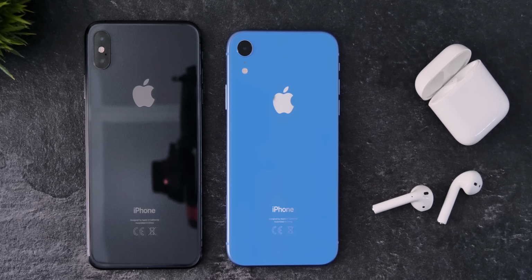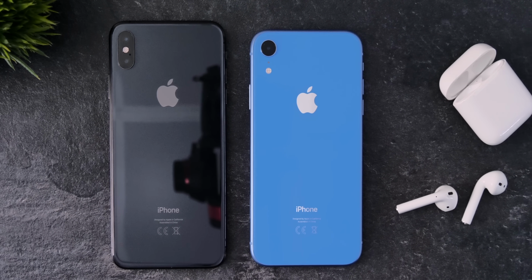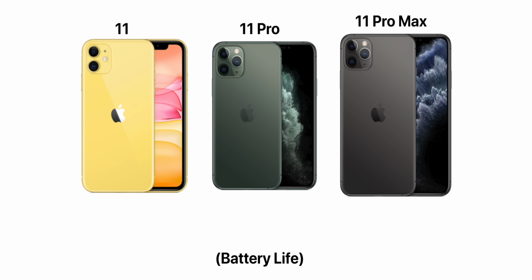So the iPhone XR already had an amazing battery life last year. In fact, it even lasted more than the more expensive iPhone XS and the iPhone XS Max did. And a lot of people, even other tech reviewers that I know, chose an iPhone XR over the iPhone XS Max just because of that improved battery life. But this year, the iPhone 11 offers 1 hour more battery life than the iPhone XR did last year, so